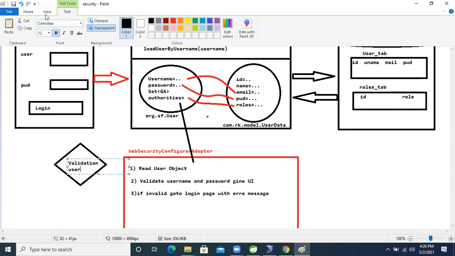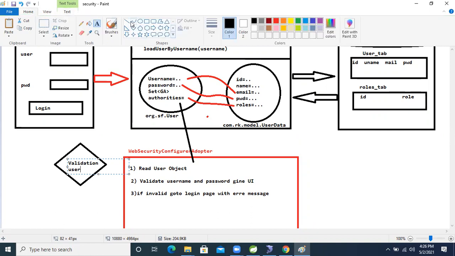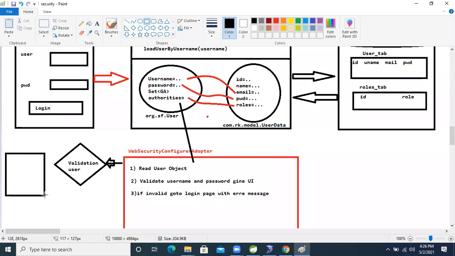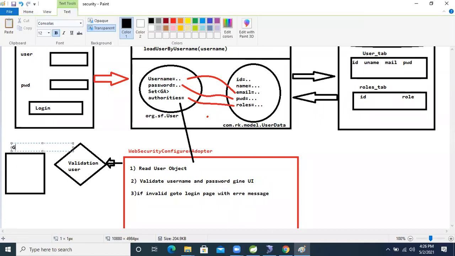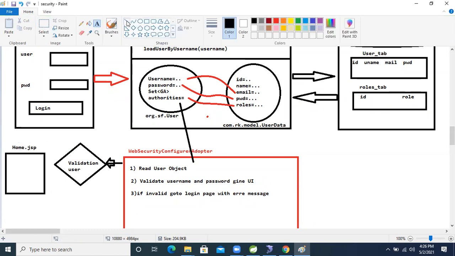If the condition is true in this class, then we will give one home page, welcome to our application, to the end user. That is home.jsp, if success.